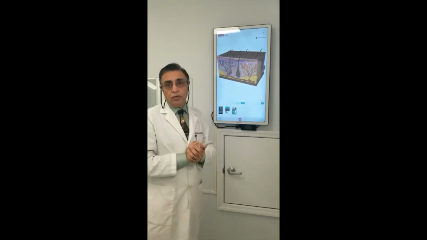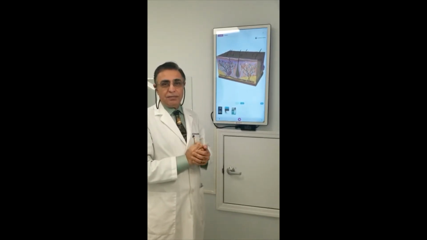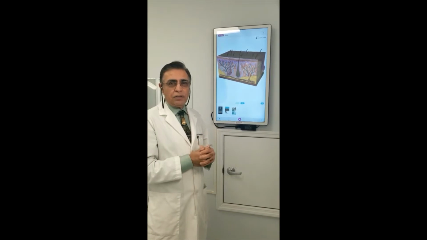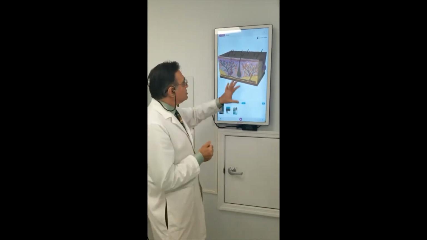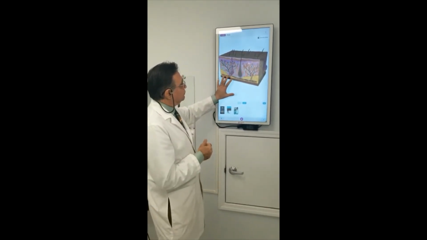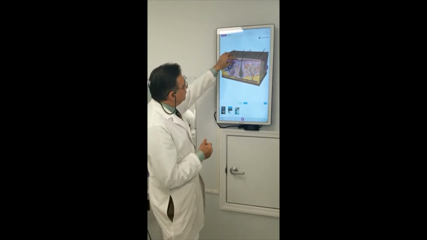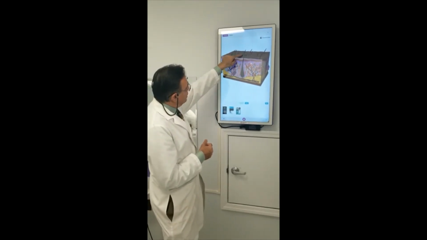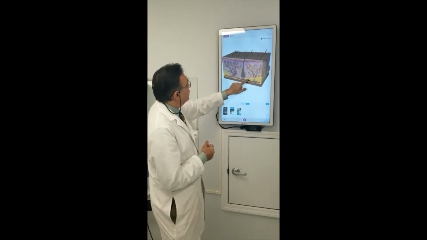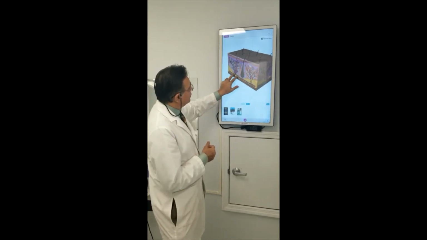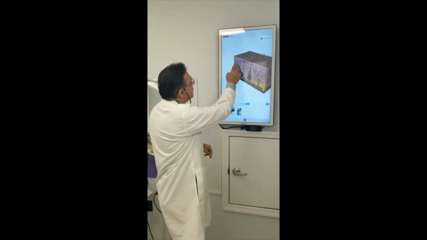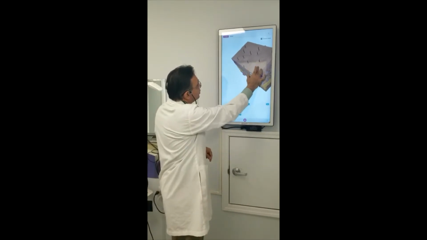All right, so today we're going to talk about acne. So I'm going to give you a little background on what acne really is. So this is a normal skin picture. So these are the different layers of the skin, as you can see, and there's the hair that comes down, and this is the deeper layer of the skin, and you can see on the side of the skin the face,